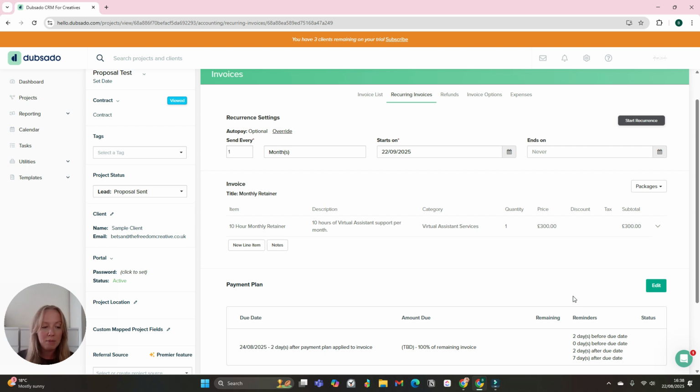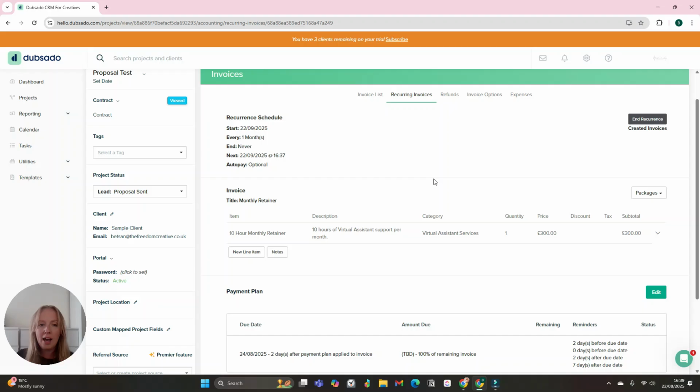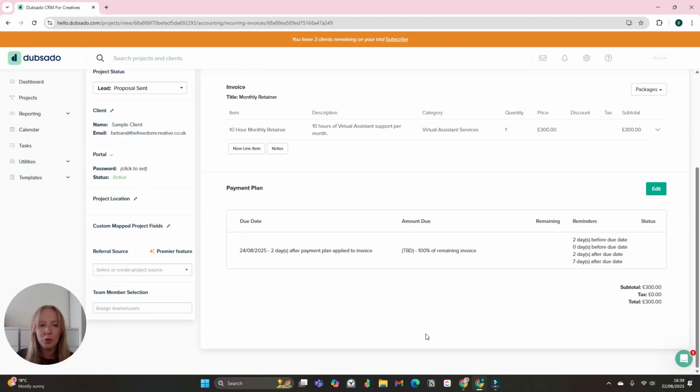And within the payment due email, I add in here, if you want to get any of your invoices or view your invoices, you can go on your client portal and view them, because all their invoices are stored within their client portal. So once you have done all this, you just click start recurrence, and that recurring invoice will run every month